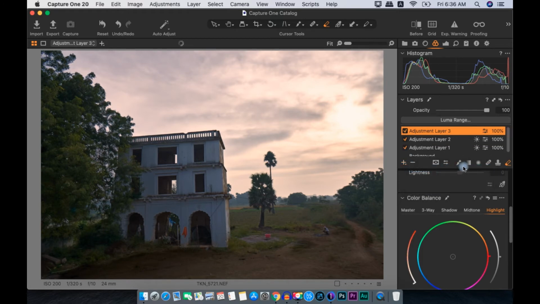Now let's take one more empty layer. We'll take a brush, make the brush bigger and select this area. Let's hit M just to see whether everything we want is selected.